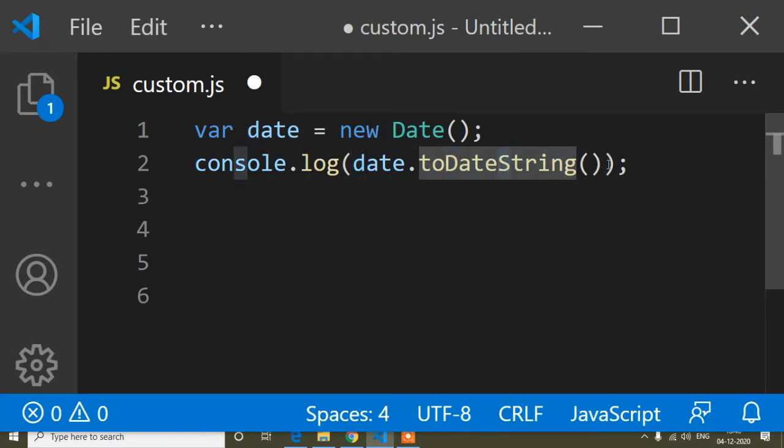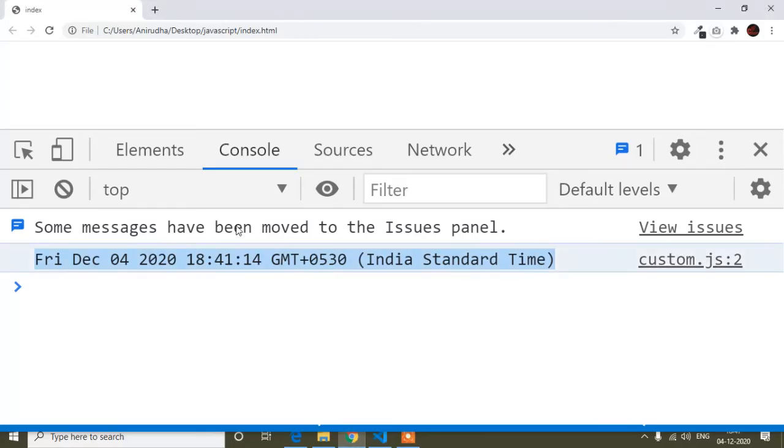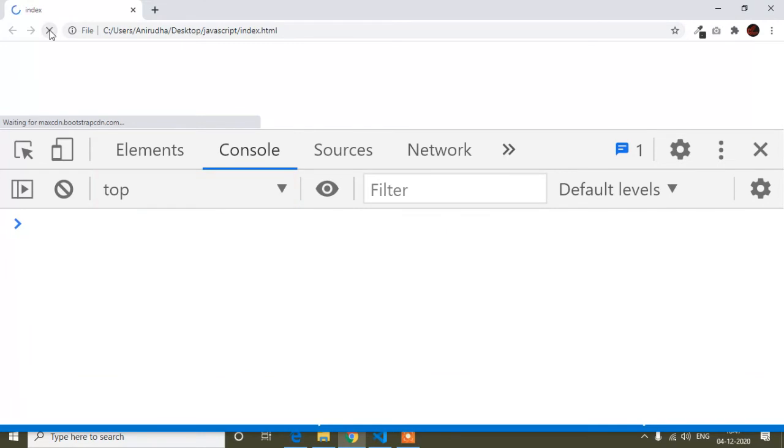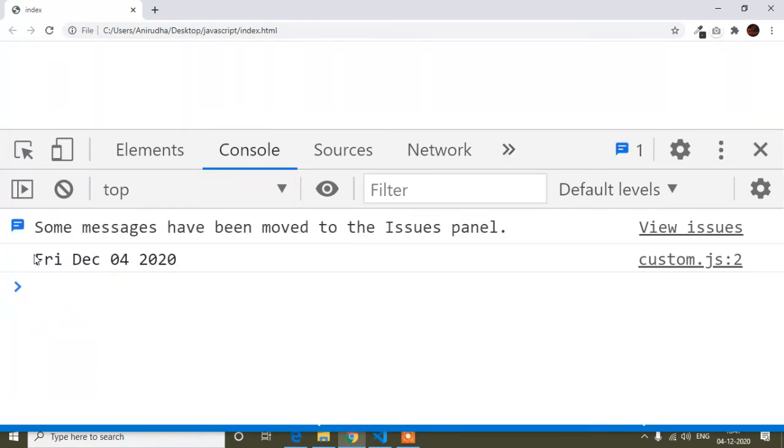You have to remember this one, because this is also a predefined JavaScript method. When we use toDateString, we get the date this way. So I will refresh here, and you can see now I'm getting the date in the way we mostly see.